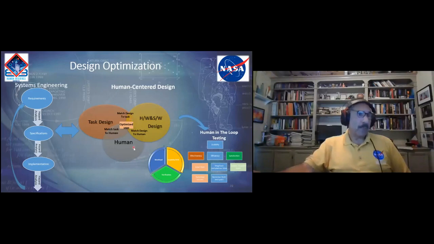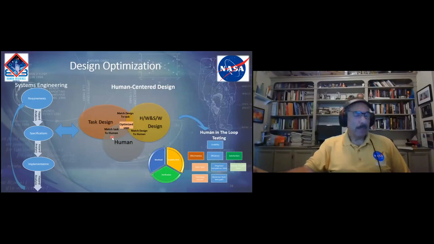basically three things going on. You're designing the hardware system to match the human, and then you're also doing a test design to match the task of the human. Some tasks are not suitable for the human. Some are actually more suitable for a machine, and that's why early in the systems engineering process there's something called